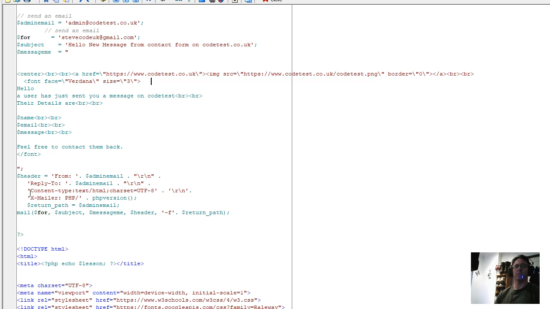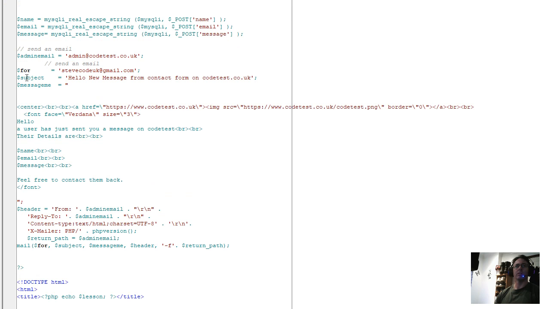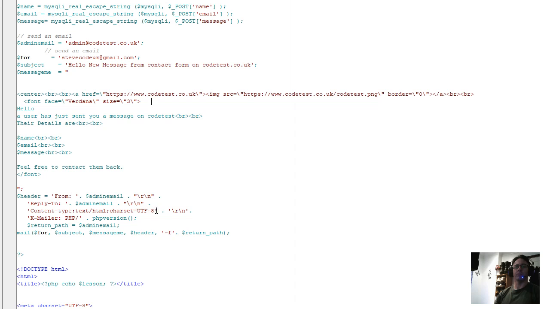You can change this should you want to. Find the one that you'd rather use. I generally use this because I know it always works. Then X-Mailer PHP version, return path equals admin email, which will be that again. And then this is the bit that sends. The "to" is going to go to